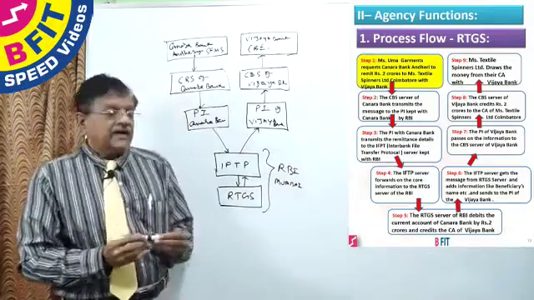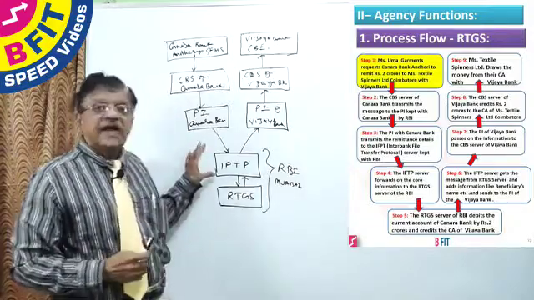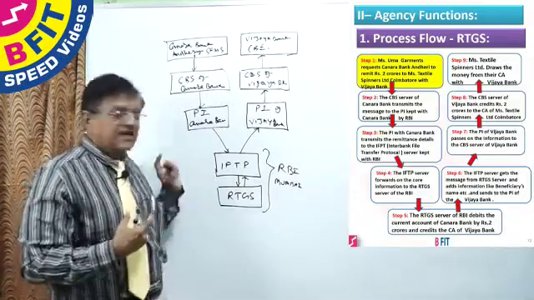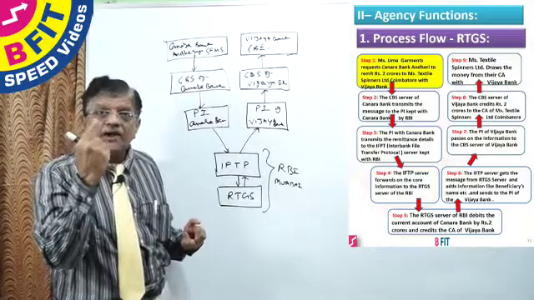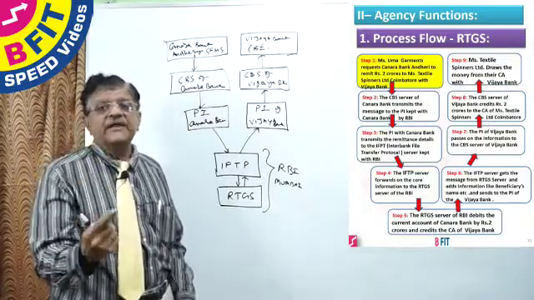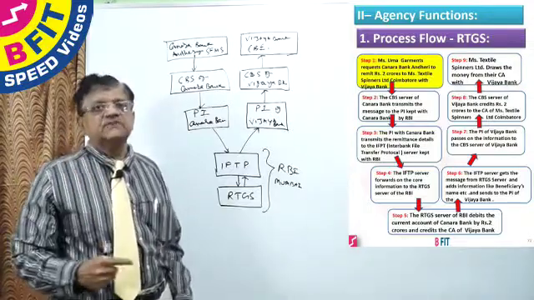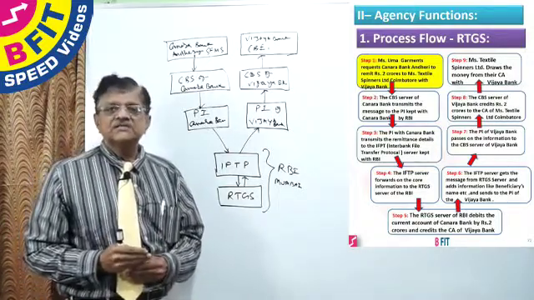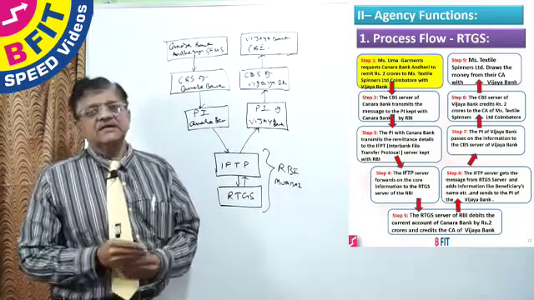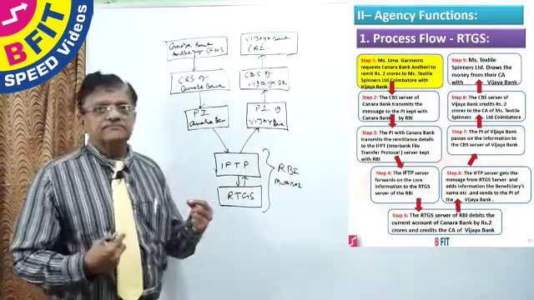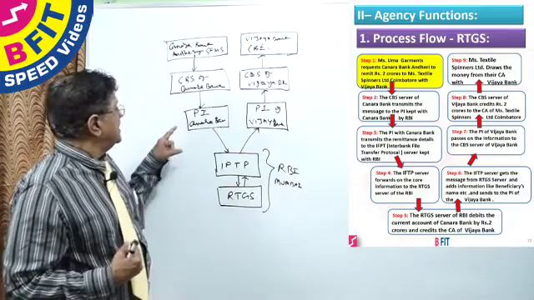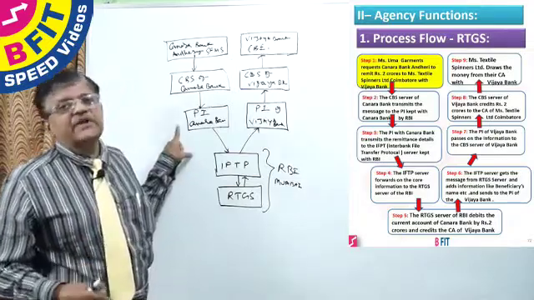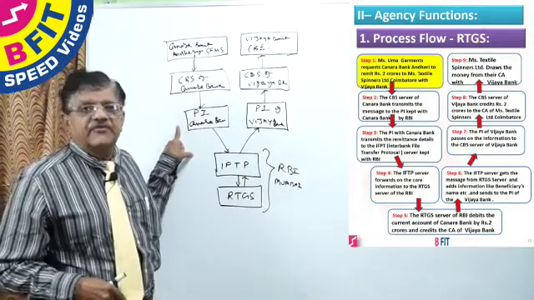Now, Reserve Bank has given a node for this server to each bank which is participating in RTGS. First, Reserve Bank permits a bank to become a member of RTGS. After it permits, then it will give one node, which is a client of this server, to each bank. That node is called Participant Interface, PI.